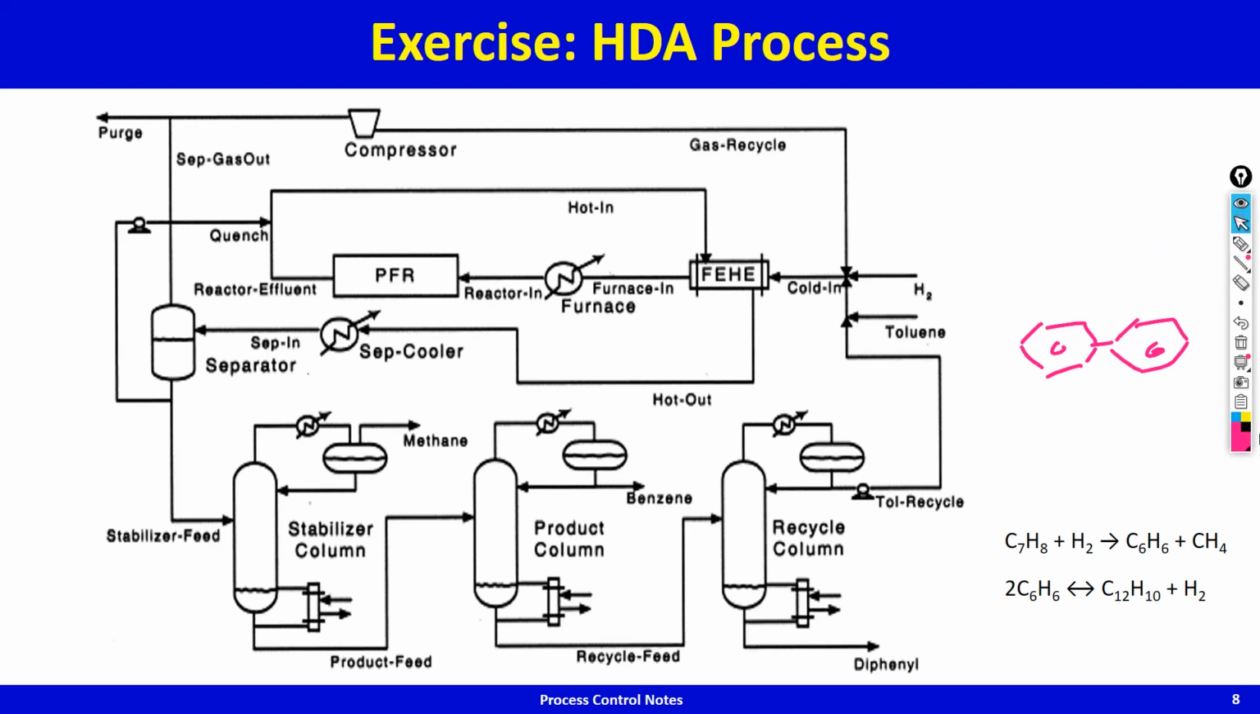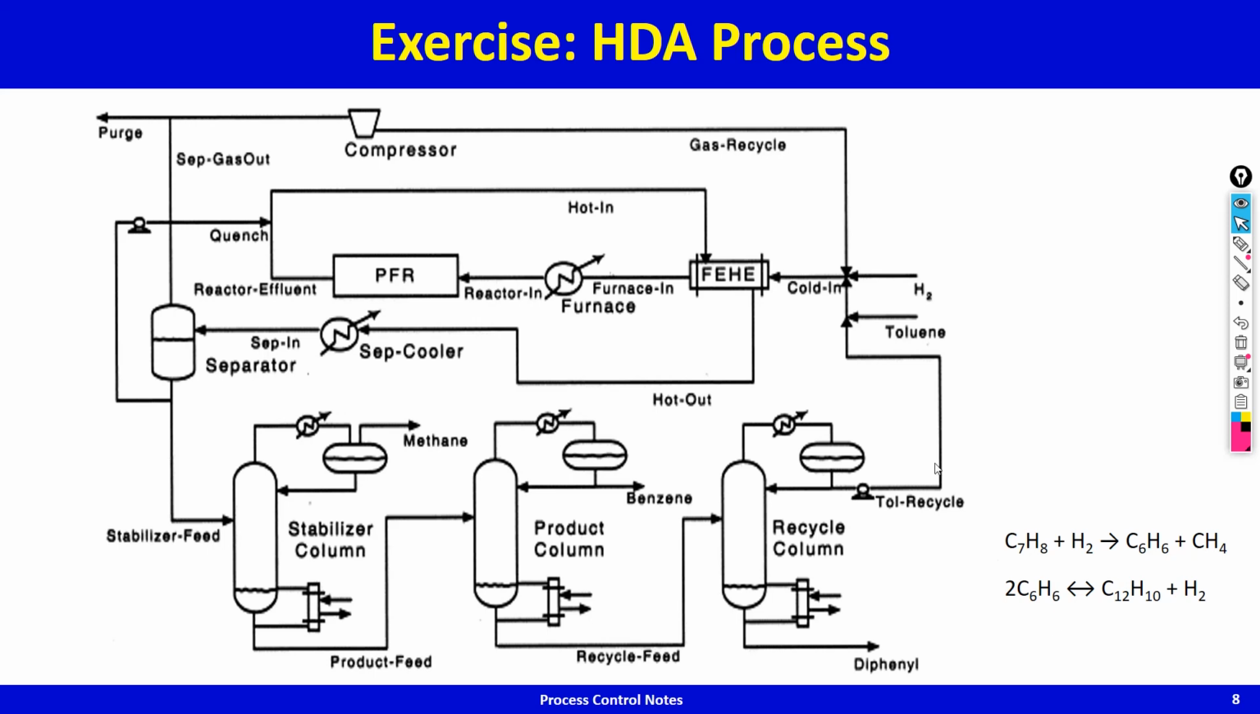Because it is a waste product, and it eats up two molecules of benzene, that is equivalent to wasting two molecules of propylene for every molecule of diphenyl wasted. So from the material efficiency point of view, this reaction should be suppressed as much as possible, and that can only be done by having a very large excess of hydrogen. Because if you have a large excess of hydrogen, the equilibrium will get pushed to the left,